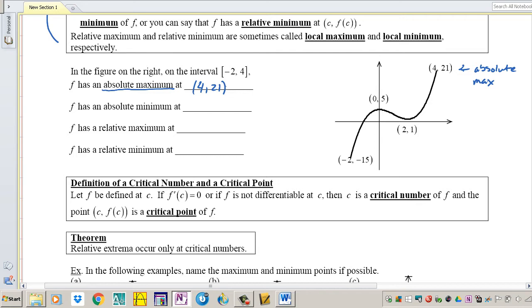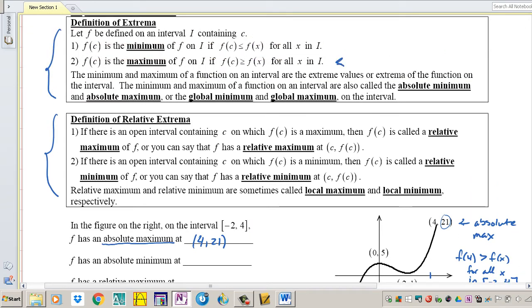Why is it the absolute maximum? Because at 4, f of 4, which we know is 21, is greater than f of x for all x in -2 to 4. So what I just wrote down may not make any sense, but let me make some sense out of this. If you go back to the definition above,